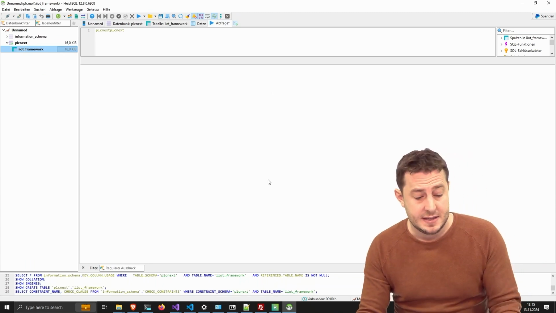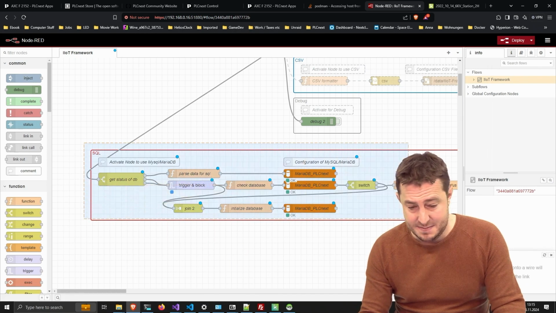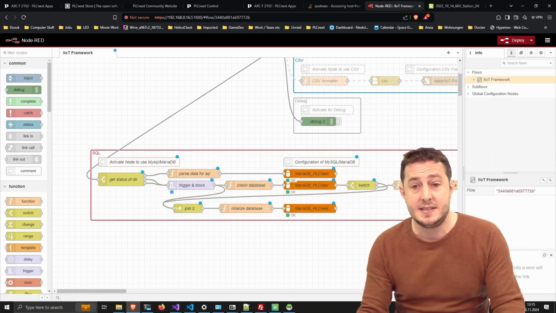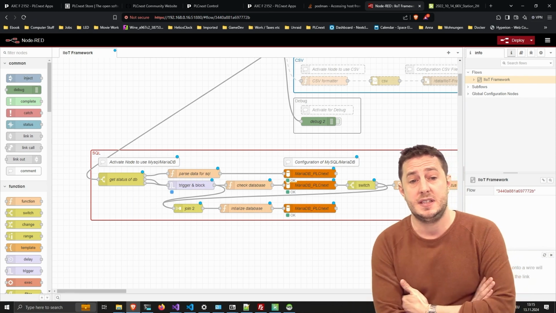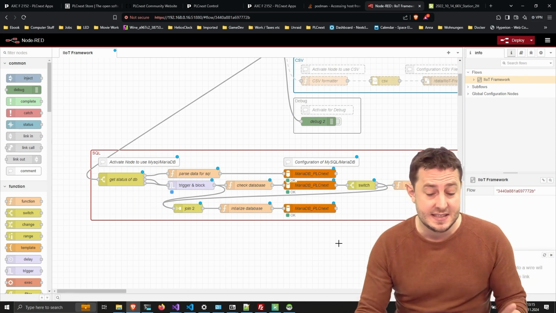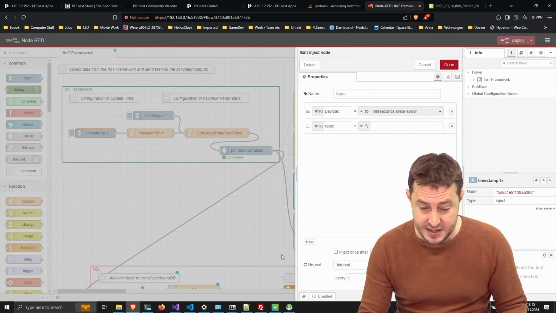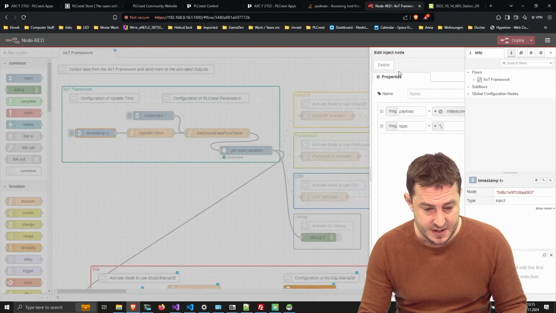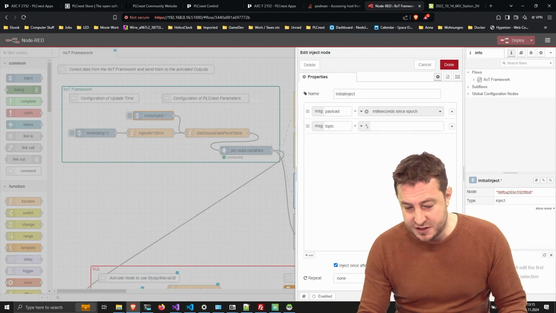Why is this there? Because this already created the database there. This already created the table IoT framework. So as we've seen, it started automatically because of the initial check-in here. We inject after 2 seconds.